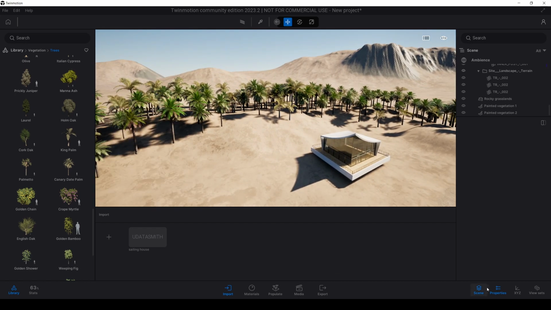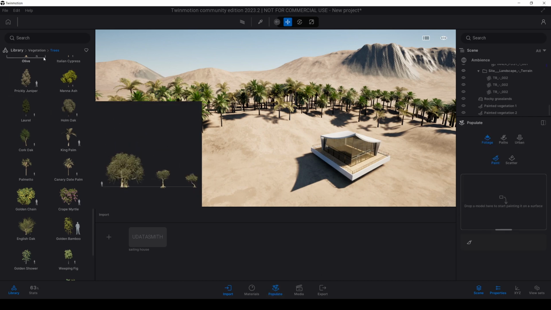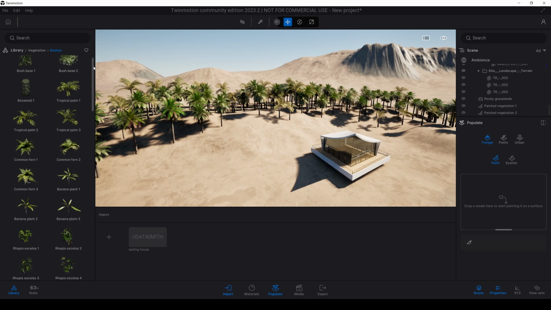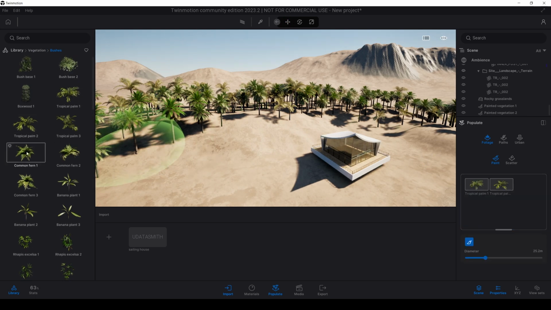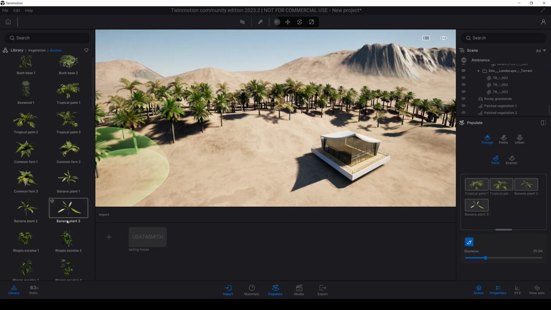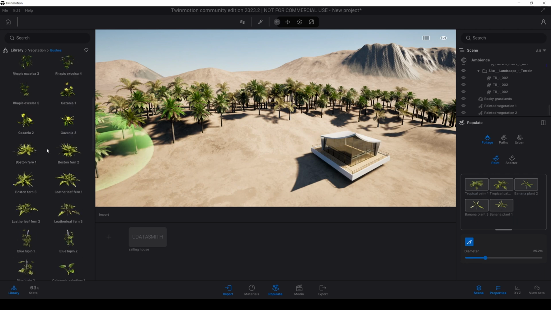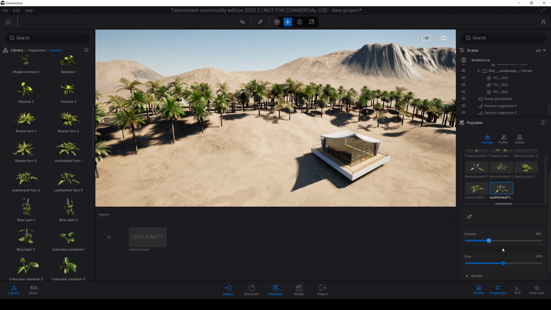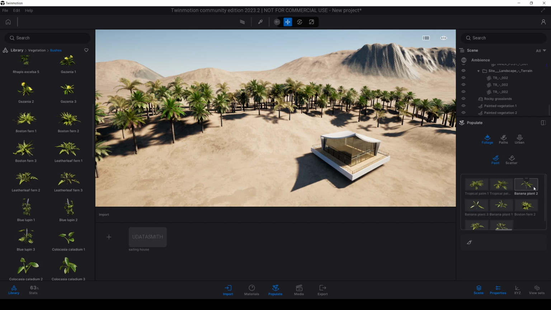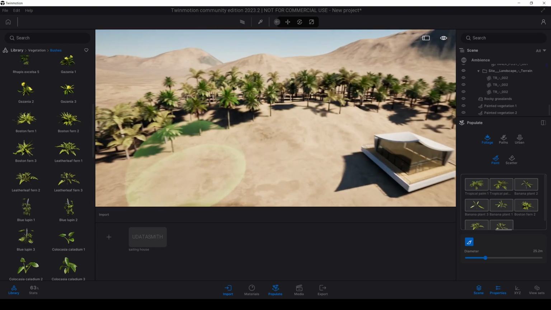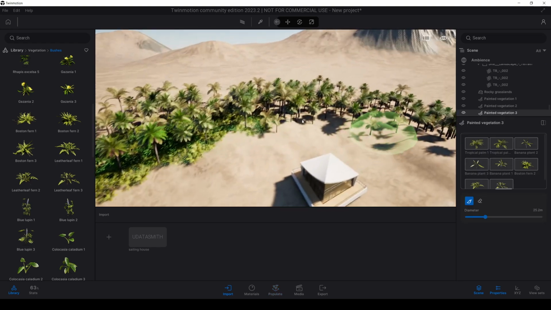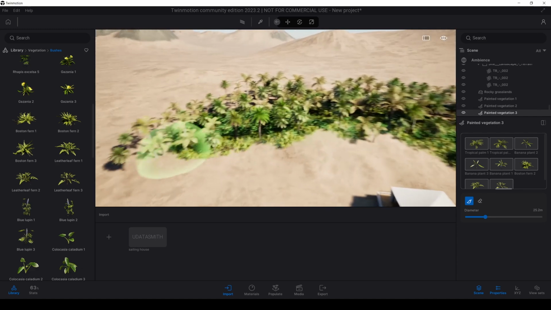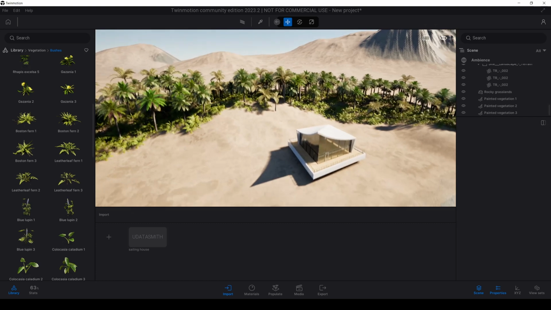To avoid that, you can create another vegetation style, and this time you can use the bushes and you can fill the space between the trees. Let's paint. Yeah, way more better.